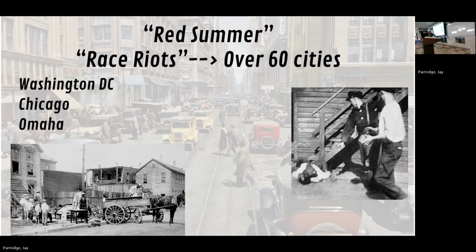These are recent migrants being kicked out of their home, being attacked in Chicago right there. And they call them race riots. But they were all gangs of people who just were white, who were attacking people who were black because of their color of their skin. Now, I want to be very clear about this. These were whites attacking people who are black. They were not attacking them because they were white. They were attacking them because they had the ideology of racism. And they believed that one race was superior to the other. That's why they attacked. Not attack them because they're white.